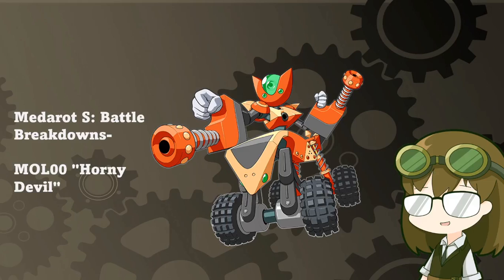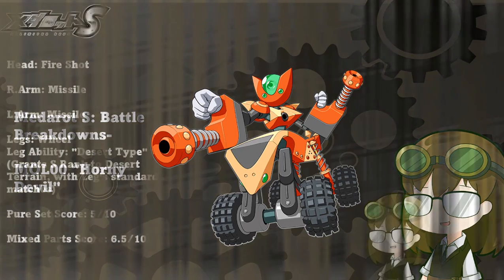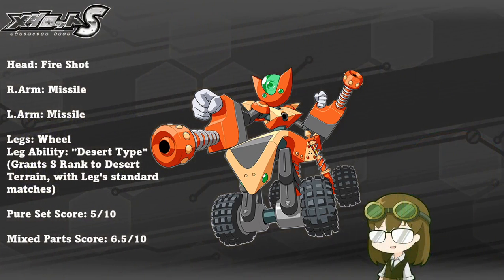Debuting in Medarot 8, this unique horned lizard type also makes his return as a fierce battle. It is MOL00 Horny Devil, with a kit of Fire Shot, Double Missile, Wheel Legs, and the leg ability of Desert type, which grants S-rank terrain bonus to wheel on desert terrains to the leg, in addition to its standard